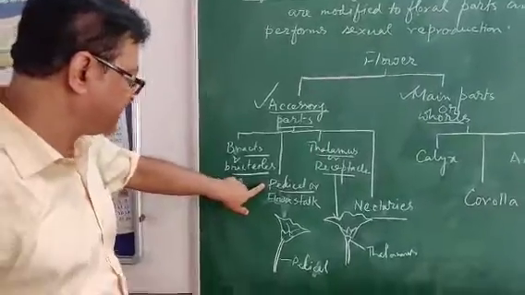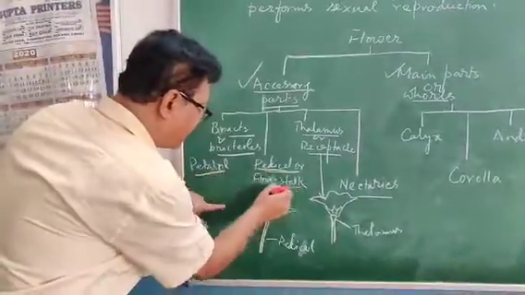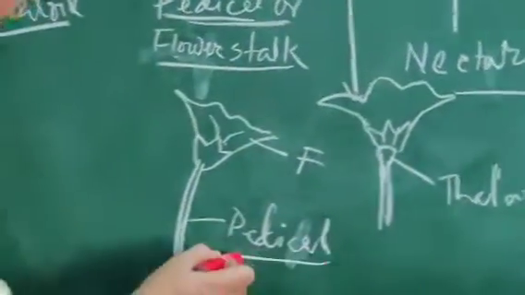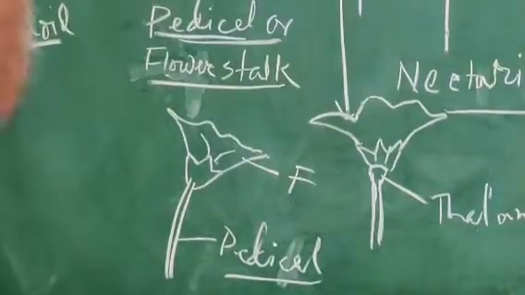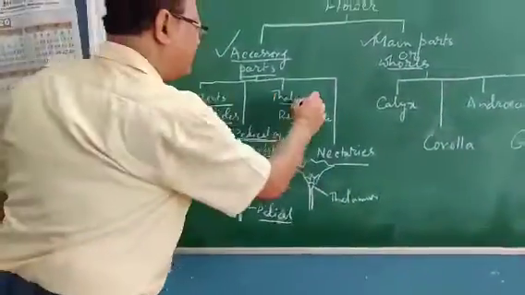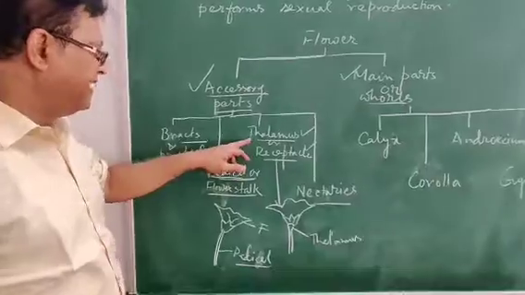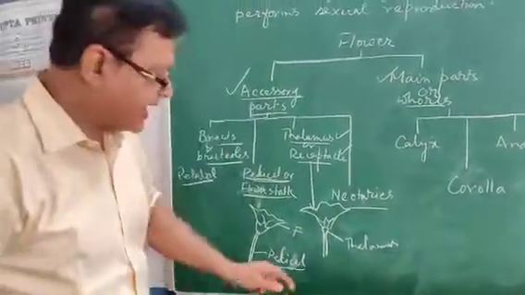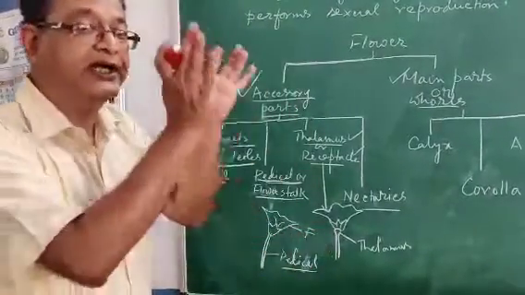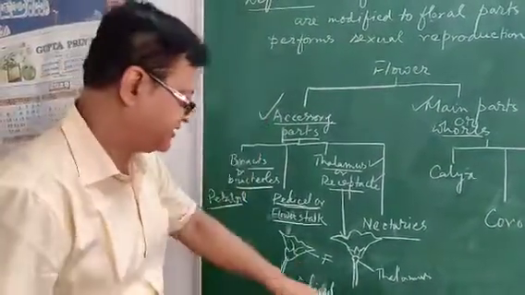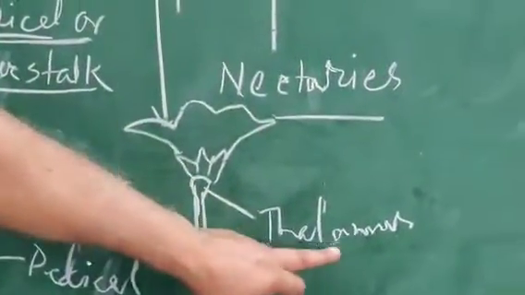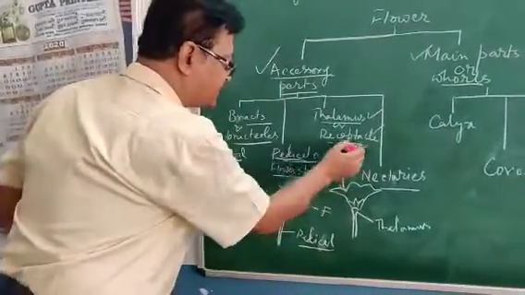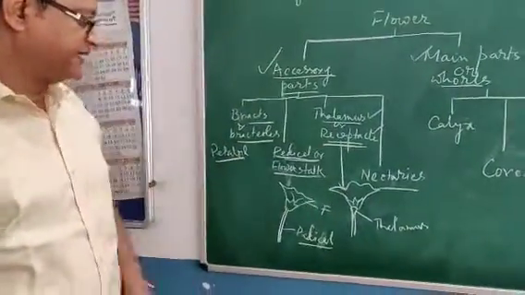Second thing, pedicel. The technical term is pedicel, or the flower stalk. If this is the flower and this is the stalk, that is the pedicel, which is holding the flower. Thalamus or receptacle, mainly we call it thalamus. This is the thalamus, a small knob-like structure at the tip of the pedicel, which holds the flower on it. The flower is resting on it. That is what the thalamus is. Sometimes this thalamus becomes cup-like and then it is called a receptacle. So this is also another accessory.